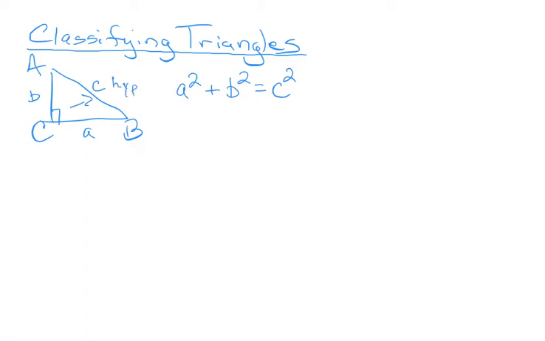It's the hypotenuse and the longest side. You can also write this as C squared equals A squared plus B squared. Of course, this is commutative, so you could switch it around. Now, we come up with the converse of the Pythagorean theorem, which states that if